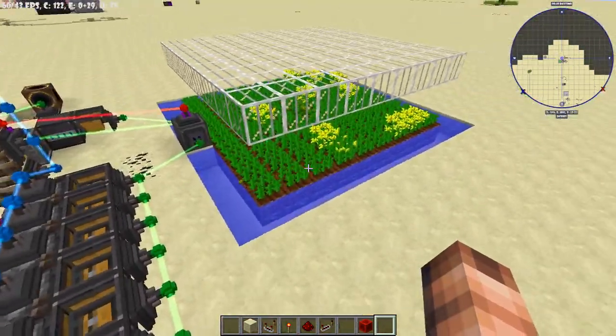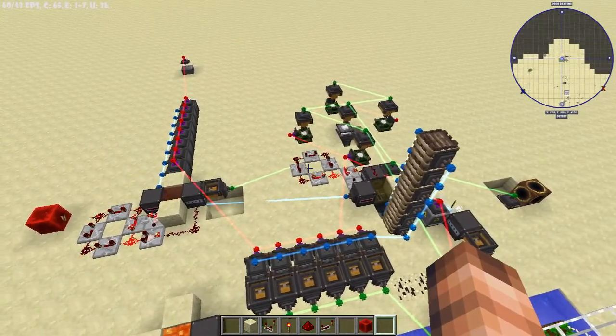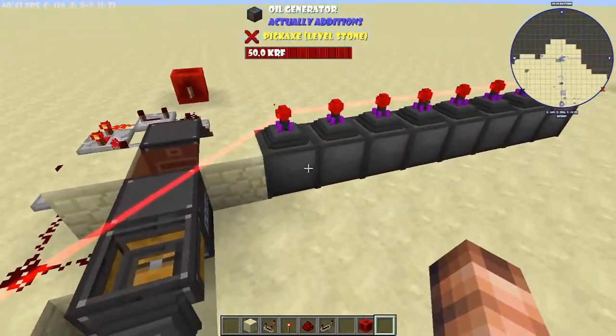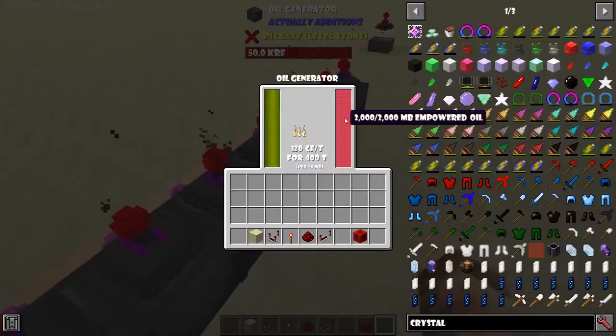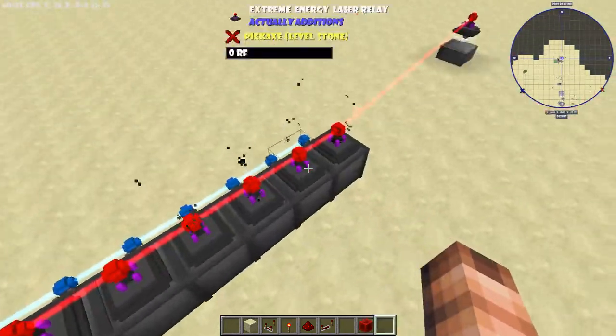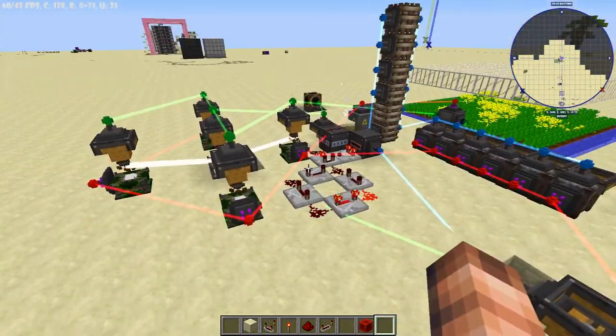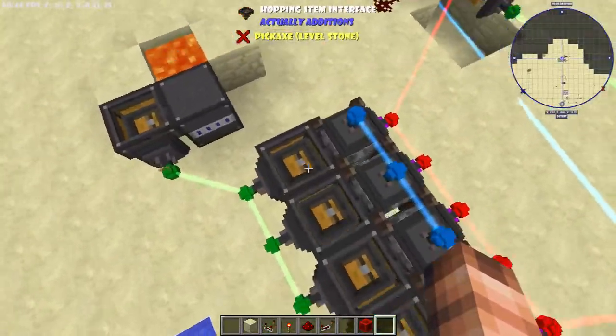So yeah, it's not the most 100% efficient design, but it's actually pretty good. It's producing a lot of power, and I could probably put more oil generators just going off into the distance along here. Alright, and also before we start going through how the whole system works, I need to show you